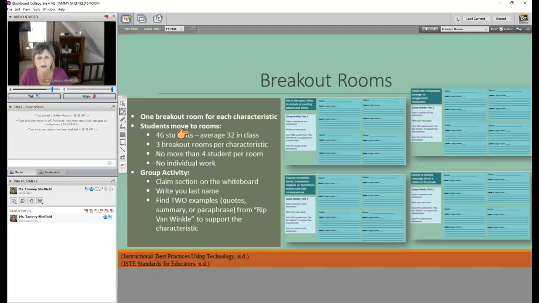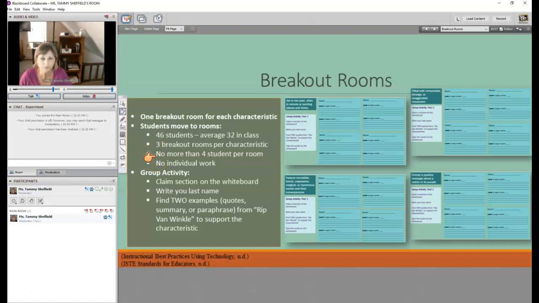So they do have modifications and accommodations that I have to meet for those IEPs and 504s. And so mostly what I do in here really hits every one of their IEPs and the 504 plans and the accommodations that are required. For this activity, there will be 3 breakout rooms per characteristic because I don't want any more than 4 students